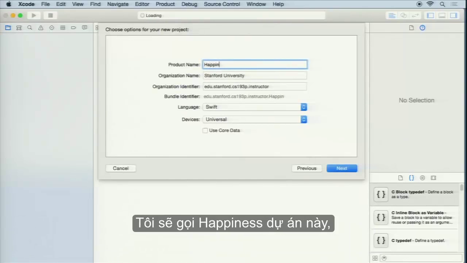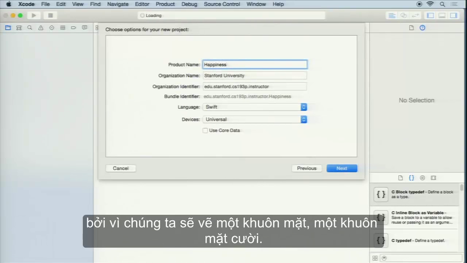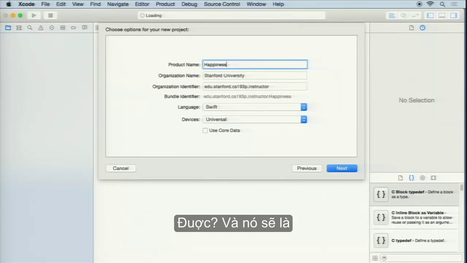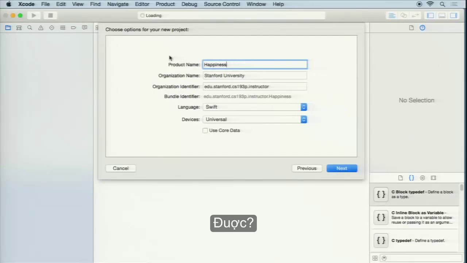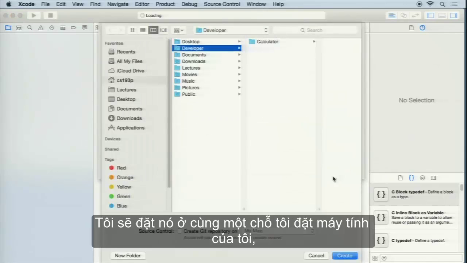I'm going to call this project Happiness because we're going to draw a face, a smiley face. Okay, and it's going to be able to smile or frown depending on how happy it is. Okay, so that's why we're going to call this Happiness. I'm going to put